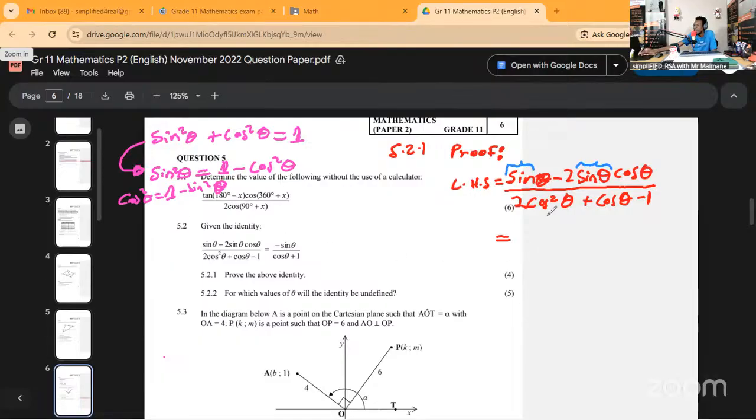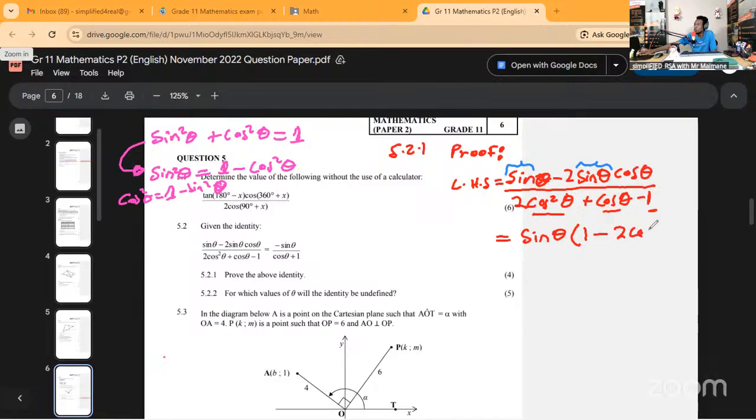On the denominator, I don't really have a common factor because I have cos squared, I have cos, and then I have 1. So if I take out my common factor on the numerator, I would have sine theta, and I would be left with 1 minus